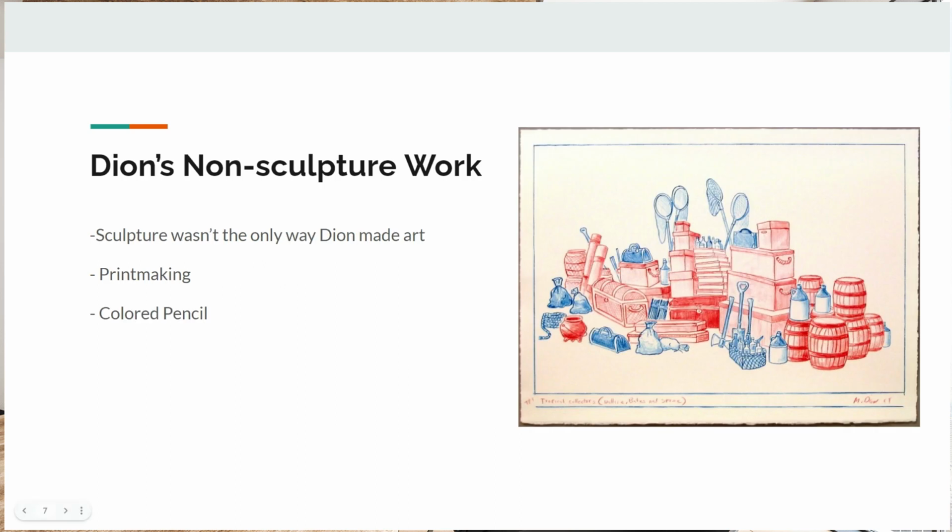But not all of Dion's works were these sculptures or Wunderkammer, especially at the beginning of his artistic career. He was a printmaker, and he also used colored pencils. He explored many different mediums. Something interesting that I notice is how often in this side of his artworks he uses a red and blue color scheme. This artwork has a similar theme to his future works, being that of collecting. So this was a print, it was in an edition of 30,